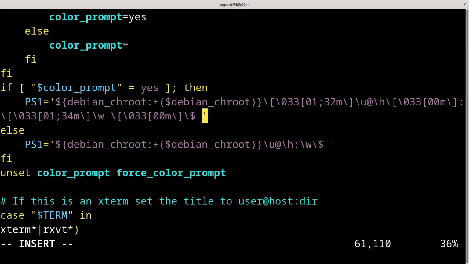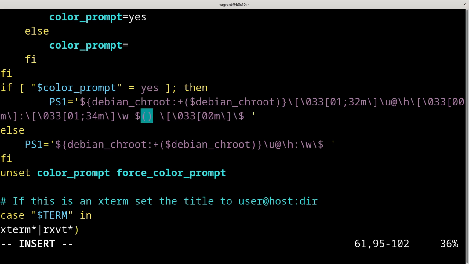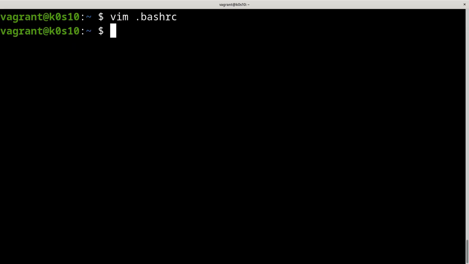It's here, and for example, just before the $, here or here, we can add $ parentheses, this here, kube underscore, not dash, underscore ps1, and with that it's okay, I think.